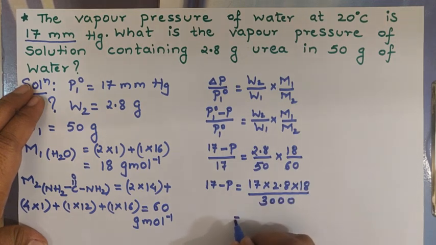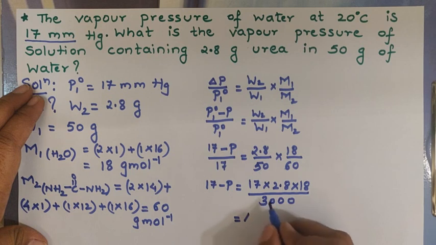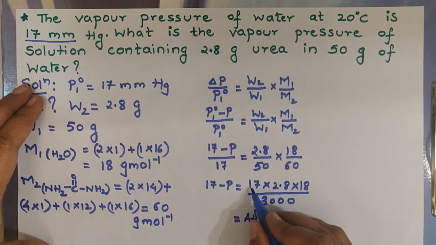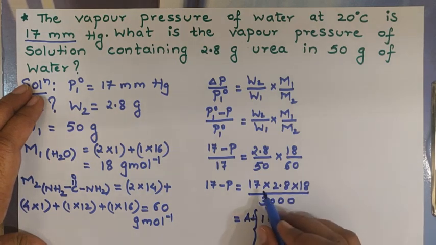Now we need log and anti-log here. So the log of these three, that you might have studied in 11th standard, has to be added. Once again I'll repeat it, and minus this log, and then we find its anti-log. So I'm writing over here anti-log of, and here I'm substituting the values. 17. Now there are two digits, so the characteristic is 1. So it's 1 point. Now the log of 17